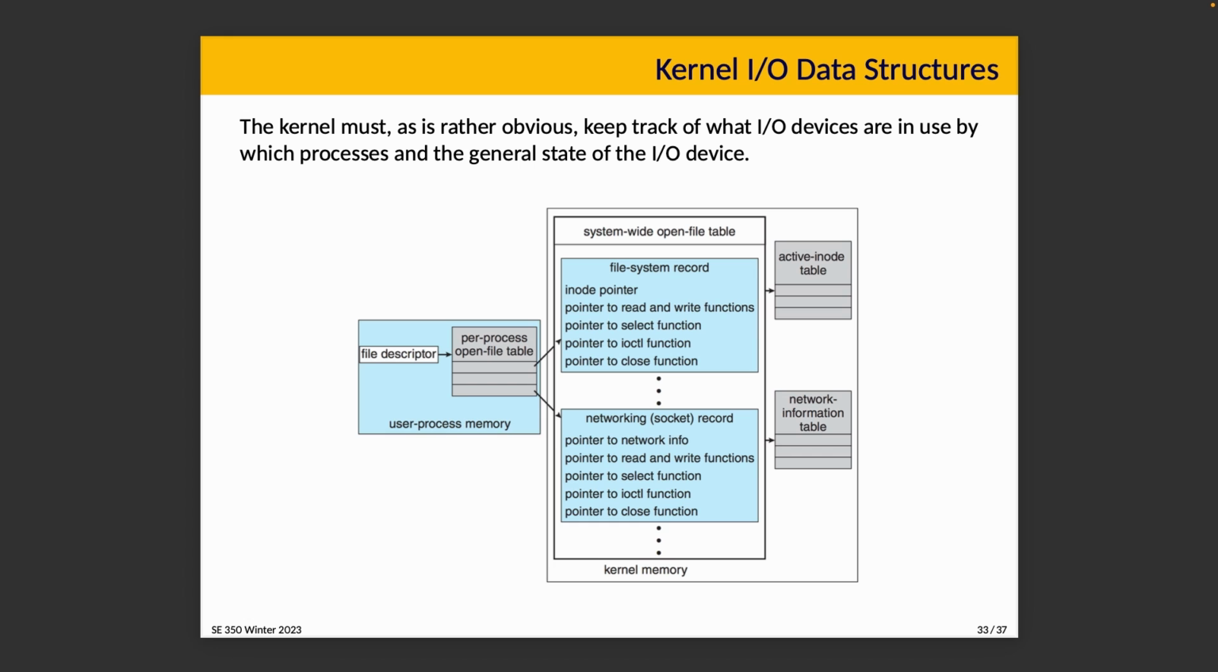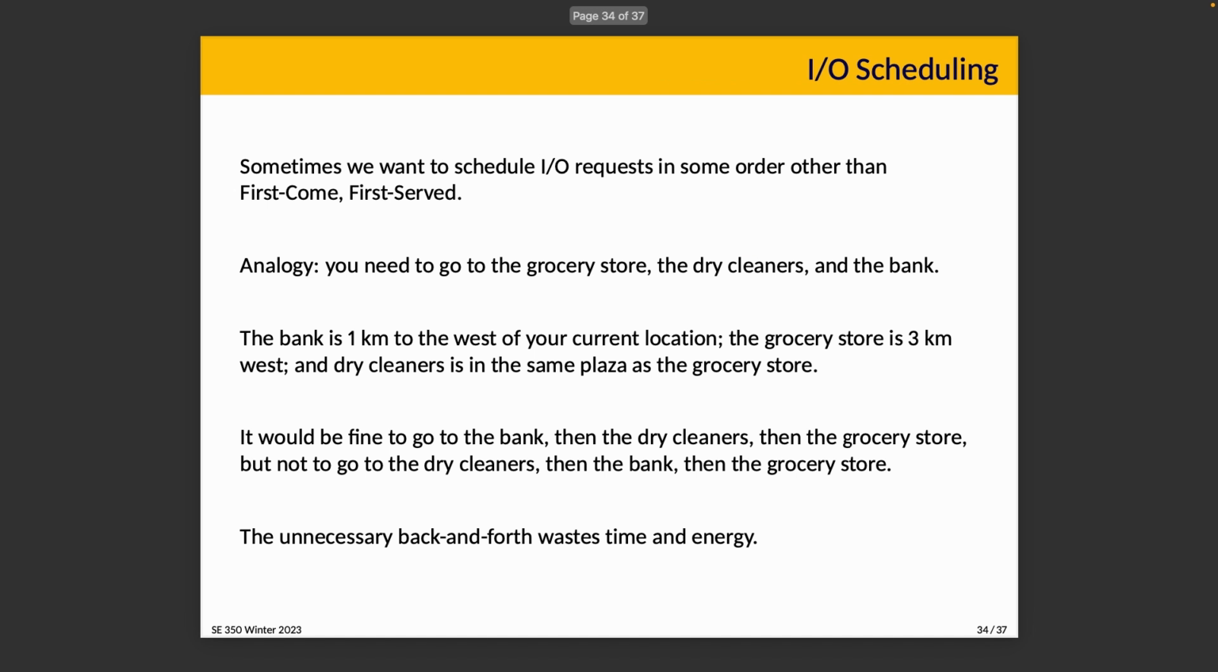So this gives you some idea of what it's like. In the system open file table, we'll have some pointers to the associated functions: read and write, I/O control, close, whatever it is. The same is true for, say, network. There will be pointers to the appropriate read and write functions for the kind of device that it is. We'll also talk about I/O scheduling,